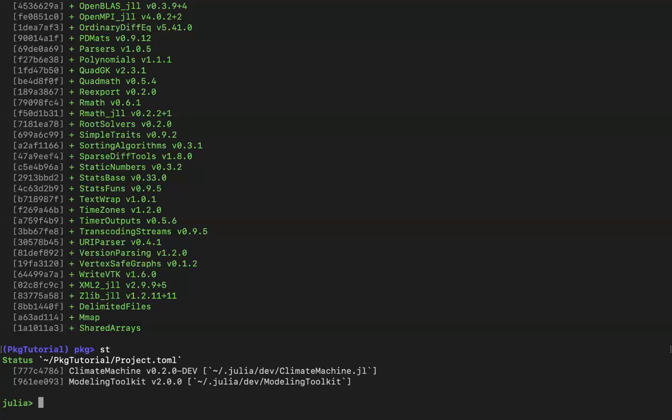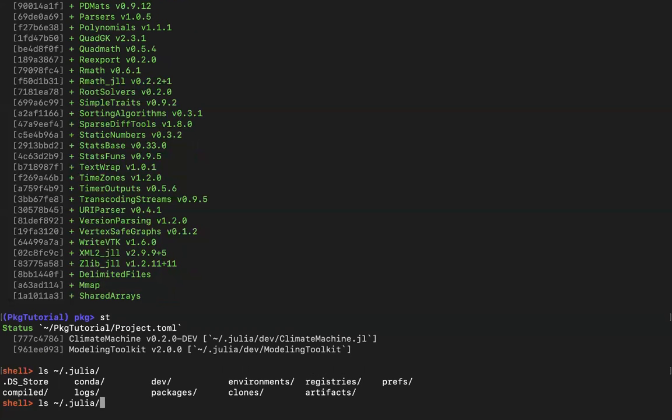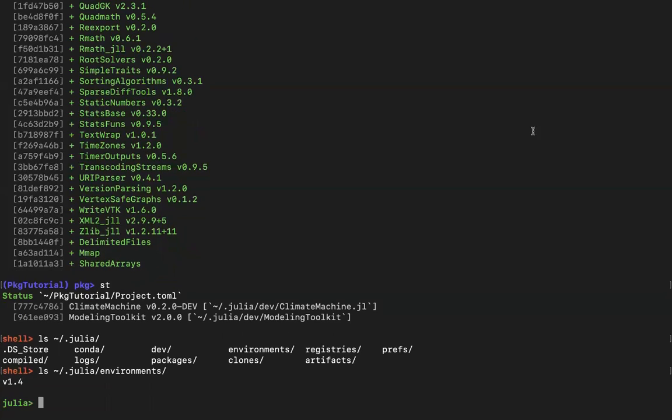Yeah, thank you. Okay. One thing that I forgot, that there is a default environment file, and that is located at... Yeah.